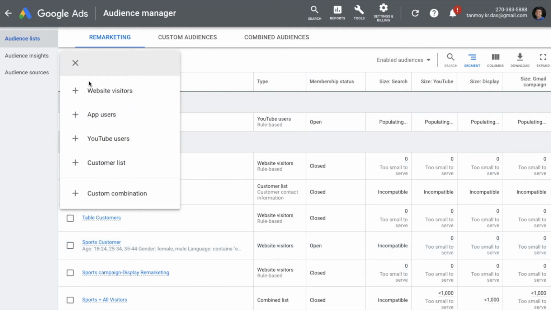Next, what we have here is customer list. Customer list is a type of remarketing in which what we are doing is we are following those customers whose personal data is with us. People who have signed up with us and shared their personal information like email address, first name, last name, zip code. So what we do is we use this particular data to run remarketing ads on them. So whenever these customers are logged in with their email IDs, our remarketing ads can follow them.